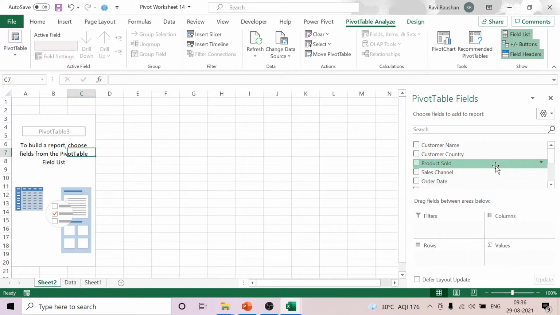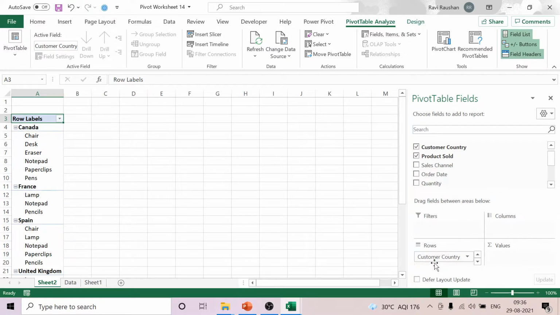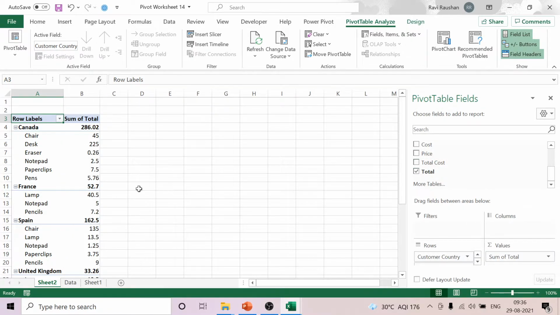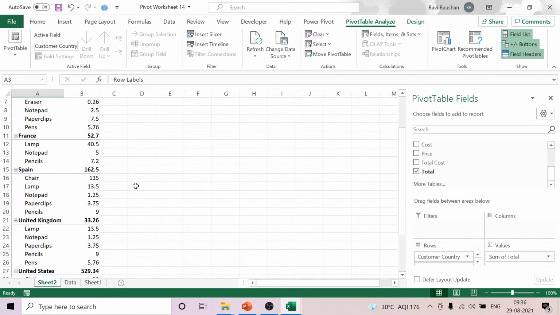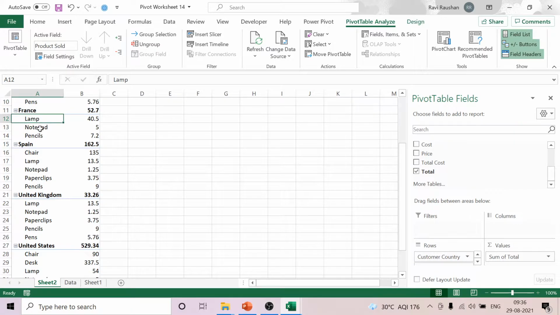All right. Now here, let us see what I can do. I can bring in the customer country here. The customer country is visible. I can bring in the product sold here. I am doing a multi-level analysis. The product sold comes below this, and maybe I bring in the total here. So it is giving me the data, but the problem, not exactly a problem, is that it will show only the items that have got data. So here the 5 items are sold. We have the data. It is showing 5 items. France here, it is because 3 items were sold. It is showing only 3 items.